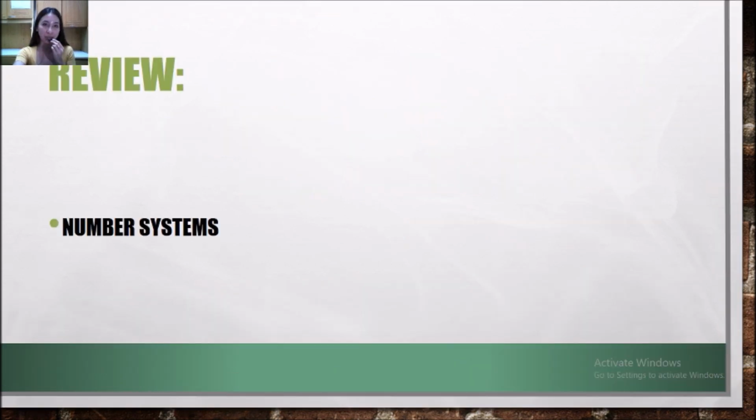So last week, this is the topic. We have discussed number systems. Actually, we have discussed how we're going to convert one number base to another. I have provided there the sets of solutions and how to convert, for example, decimal to binary, decimal to octal, decimal to hexadecimal, and vice versa. I hope that you have learned much about converting number bases because our topic for this week